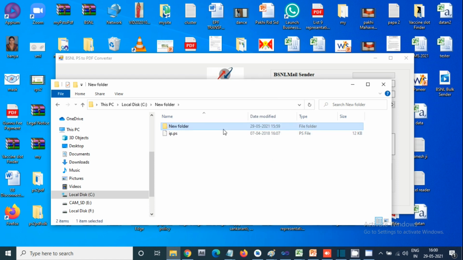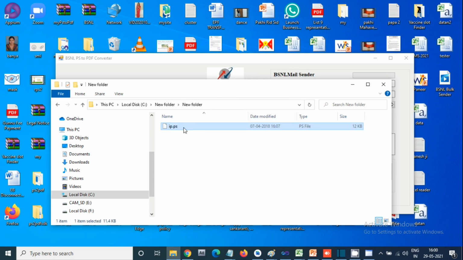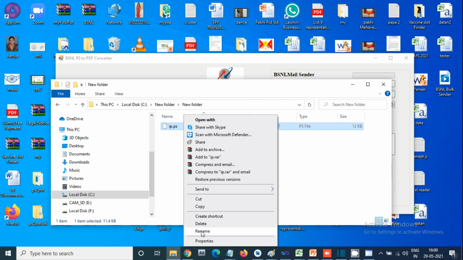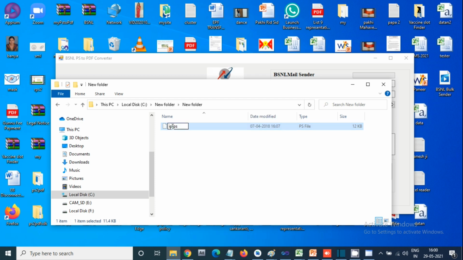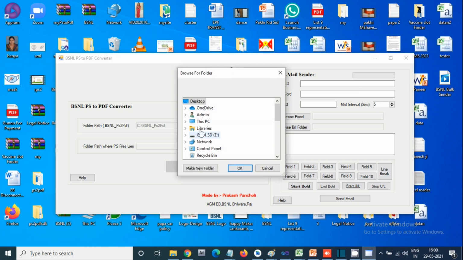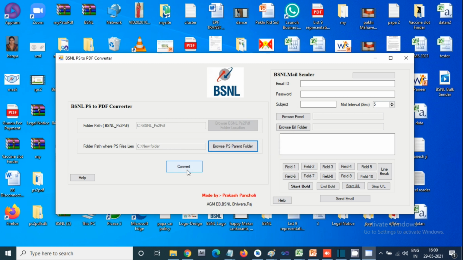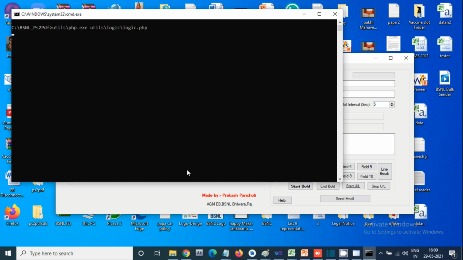And make another folder here in this new folder. And in this again let me paste another, and I will keep this name as IP2. Okay, so I have two PS files in this new folder that is situated in C drive. So what I will do, let's say select that C drive in PC, and under this PC I have a new folder, select this one. When you select, you will find that there are two files in this folder that need to be processed. Say okay, now just press the convert button.